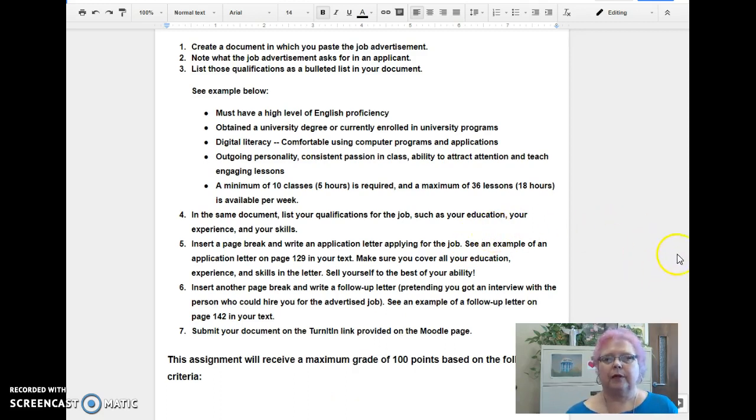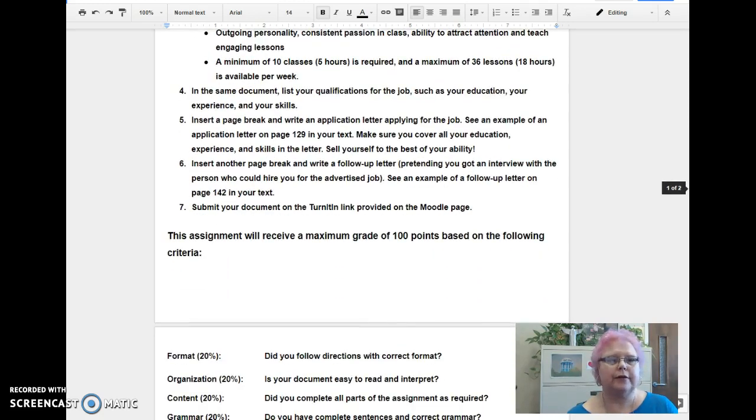And if you want to sign it by using a different computer font to actually make it look like a signature, you can do that also. Otherwise, just leave it blank so that there's room to sign it. And then once you have all of that done, you save that document, and that's the one you'll submit on